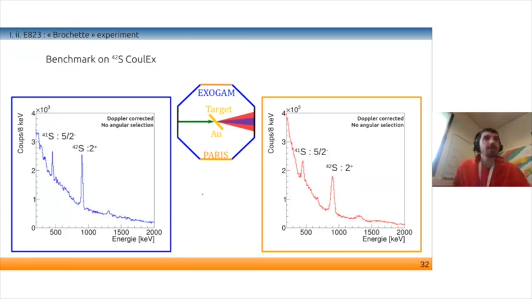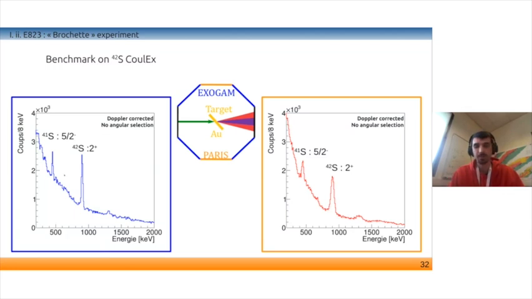When we perform the Doppler corrections, we can go now in the referential of the moving nucleus. And now we can see directly the 2 plus in EXOGAM and in PARIS, the first 2 plus of the sulfur-42, but also another gamma ray of the sulfur-41 coming from the stripping of the sulfur-42 to sulfur-41. And that implies that with no angular selection, we have a